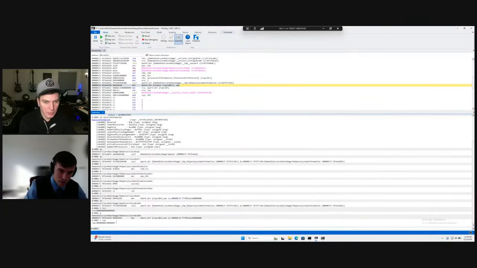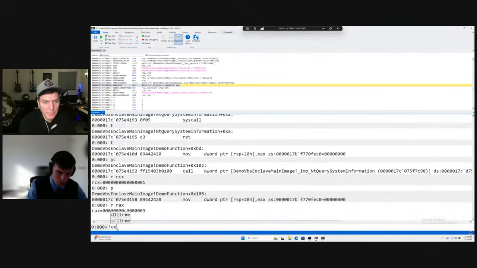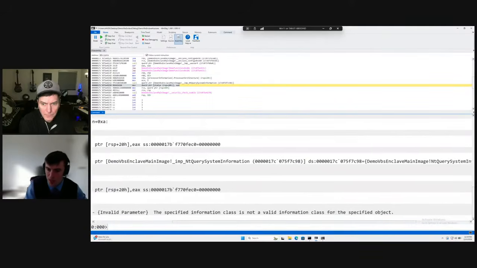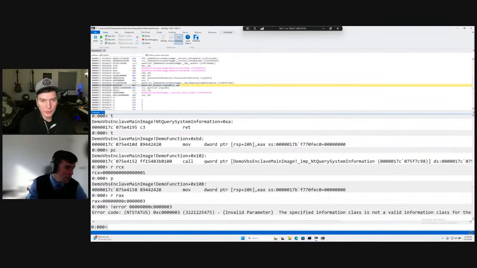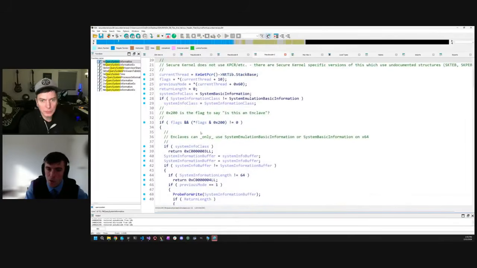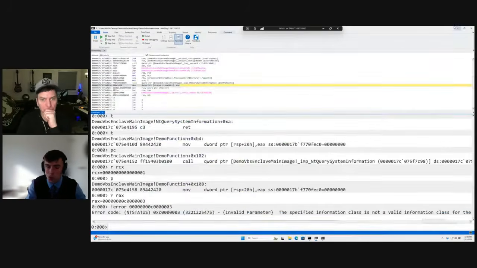And it didn't. It failed with this error, which in WinDbg, sorry, I should have been zoomed in here, is specified information class is not valid. And the reason being is, again, if we go back to secure kernel and we go to query system information, if we are an enclave and it's not emulation or basic, that's what gets returned. So secure kernel can do some additional